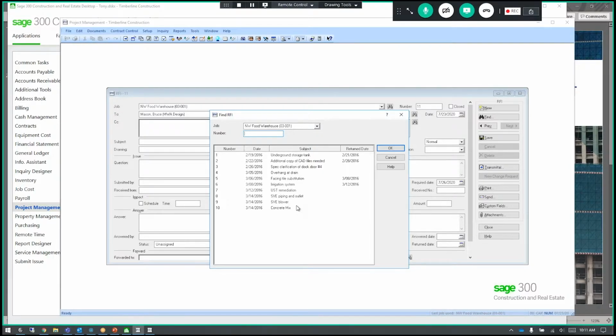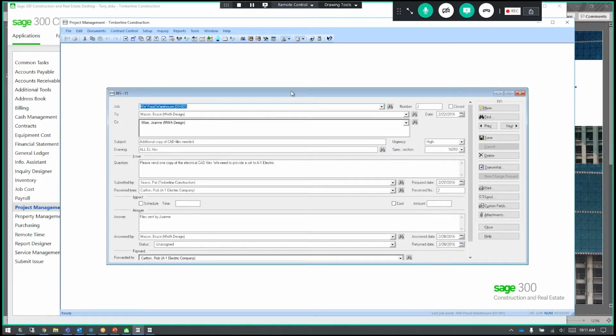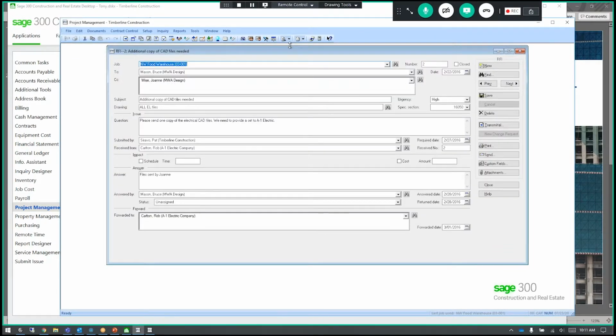Typically, we find project managers and people involved on the projects are working in one or two. So this way, I don't have to hit a drop-down list. I don't have to go right there. Nice, quick, and easy. So in this case, I'm just going to grab this RFI, and you'll see we're in groups again. So who it's to, who it's from, urgencies. There the spec section comes into play and what it's in regard to, what drawing was it in regards to,